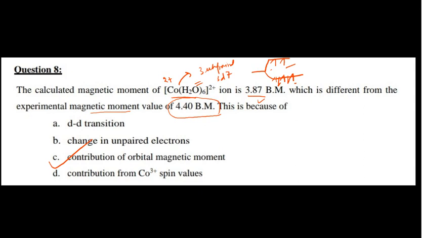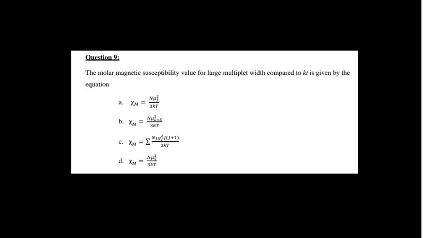Okay, see, T2g is unsymmetrically filled, and definitely this unsymmetrically filled orbital will contribute to the magnetic moment, and this will give you a higher magnetic moment than 3.87. Okay, now moving to the next problem. Again this problem is based on your memory. If you have learned the magnetic properties of the complexes in pretty much detail, only then you will be able to answer this one. Okay, now you see what the question is actually asking.